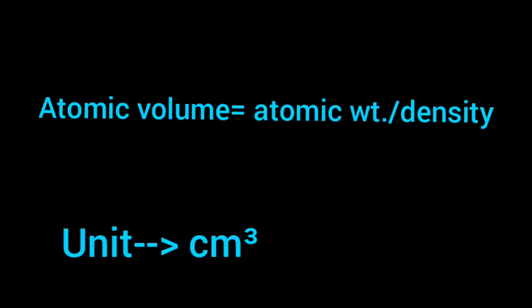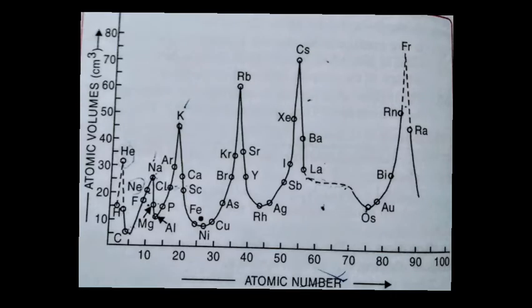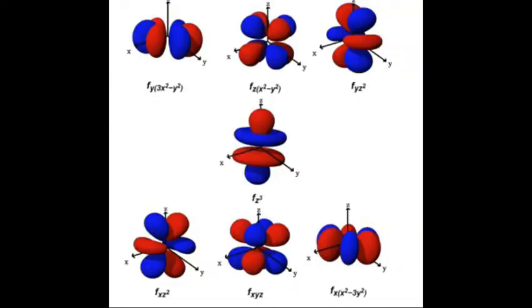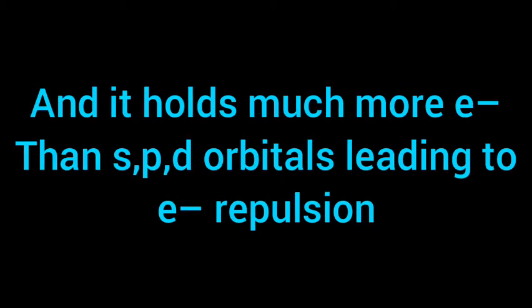It's basically the ratio of the gram atomic weight of the element to its density. Lothar Meyer plotted a graph of atomic volume of elements against the atomic numbers, which led to some conclusions. Here comes a striking observation: lanthanoids do not show the expected increase in atomic volume, maybe because the additional electron in them enters the inner n-2 f subshell, and due to the diffused shape of the f orbital, there is less shielding of outer electrons by the inner electrons.